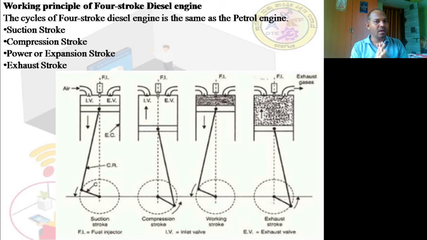Now, our common sense tells us, when you compress a larger volume into 1 meter cube compared to a smaller volume into 1 meter cube, the pressure and temperature will be more. Obviously, when we compress more volume into a less volume, the pressure and temperature increase tremendously. So the power generated in the diesel engine is much higher than in the petrol engine. The efficiency is more. That is the first point.